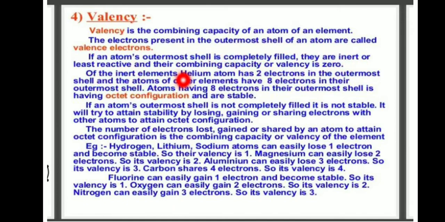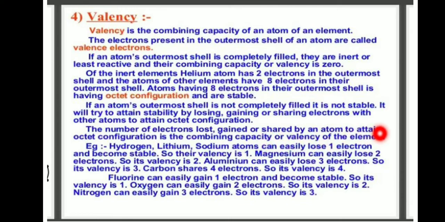Of the inert elements, helium atoms have 2 electrons in the outermost shell, and the atoms of other elements have 8 electrons in the outermost shell. Atoms having 8 electrons in the outermost shell have octet configuration and are stable. If an atom's outermost shell is not completely filled, it is not stable. It will try to attain stability by losing, gaining, or sharing electrons with other atoms to attain octet configuration. The number of electrons lost, gained or shared by an atom to attain octet configuration is the combining capacity